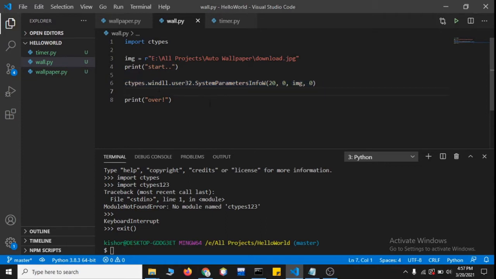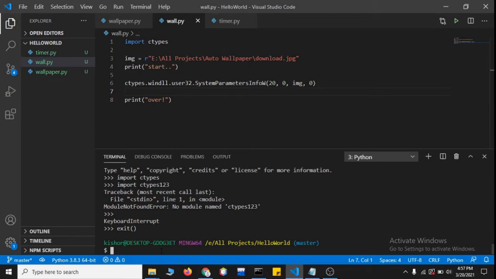So this is the only line that does it. And then we should be having exactly the parameters like this only. If you want to know what all these values are, I'll post you a link. You can go and have a look at this. So having said that, let's run it. Let's see what it does.